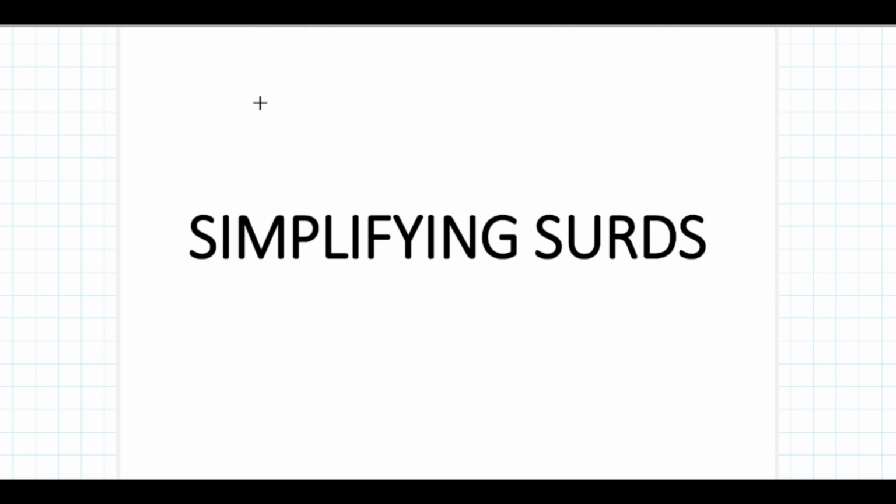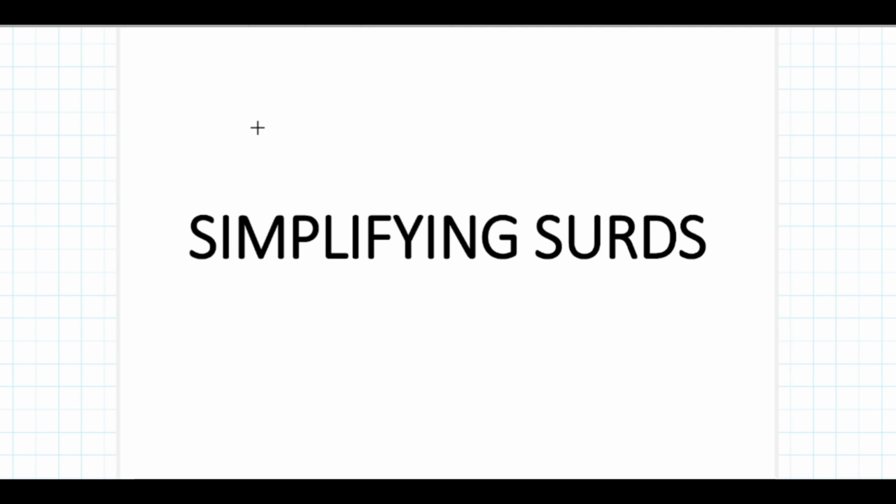So in this lesson we want to look at simplifying surds. At the end of this lesson you should be able to reduce surds to simplest form. A surd is in simplest form when the simplest number is under the square root, when the number under the square root cannot be simplified further, like square root of 2, square root of 3